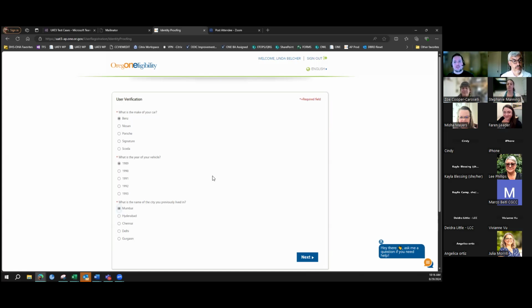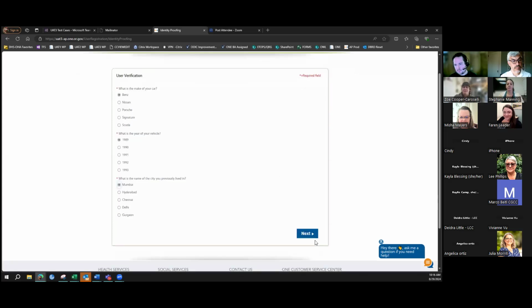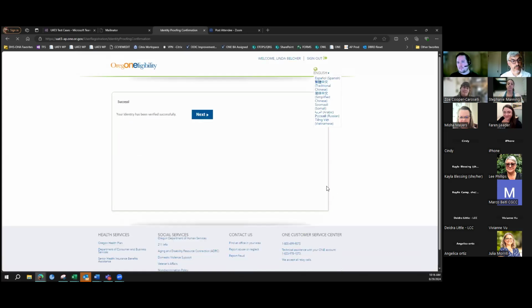If they do run into issues with the RIDP process, they'll get an error that instructs them to call our applicant portal technical team, and those individuals can help folks over the phone and do a manual RIDP process to get them access to the system. So identity has been verified successfully, and this is going to drive us to the individual dashboard in the applicant portal, because as I mentioned, this person has a case that's existing already.